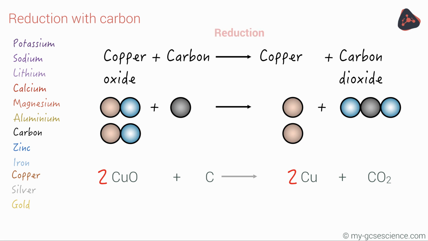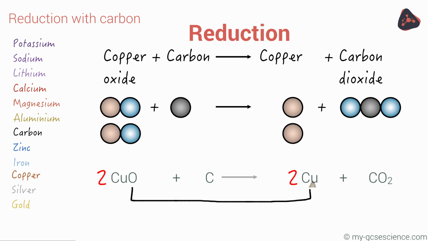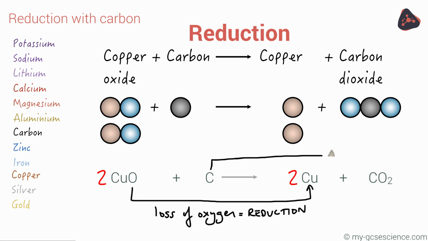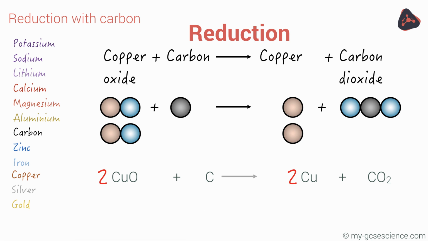And it's a reduction reaction because the copper is losing its oxygen. The carbon in the meantime gains oxygen, so while the copper is reduced, the carbon is oxidized. Unless you're doing higher tier, you only need to be able to explain reduction in terms of the loss of oxygen. So, carbon can be used to extract metals from their ores by reducing them from their metal compounds into